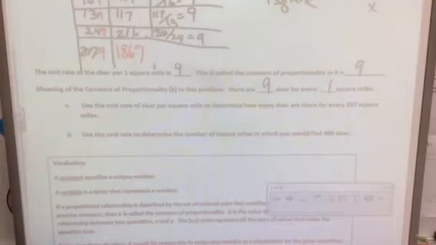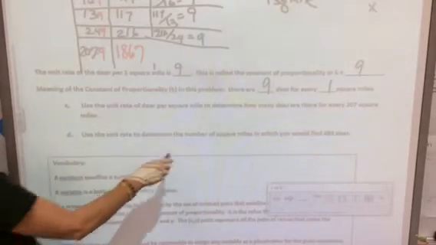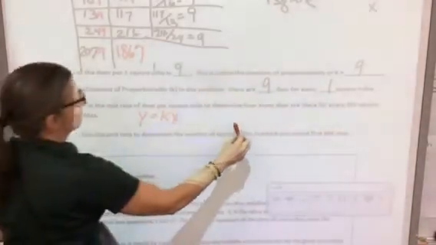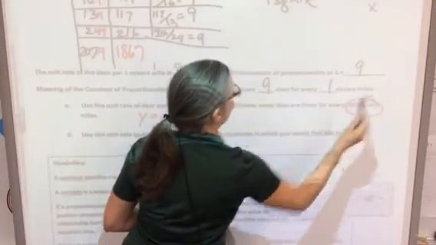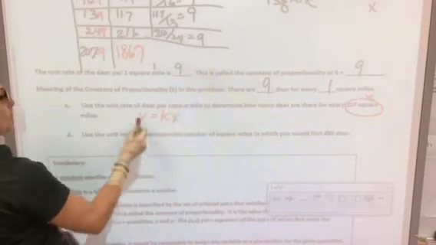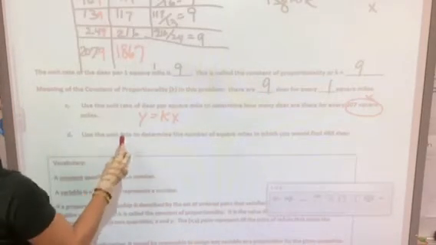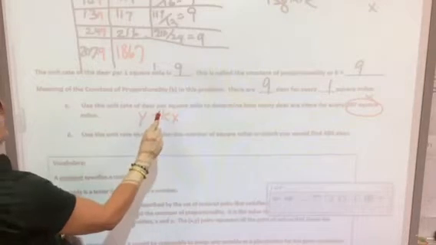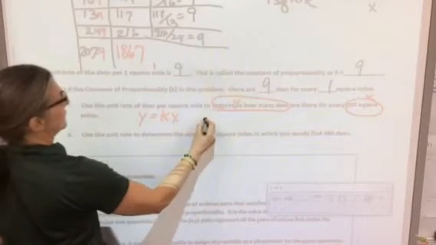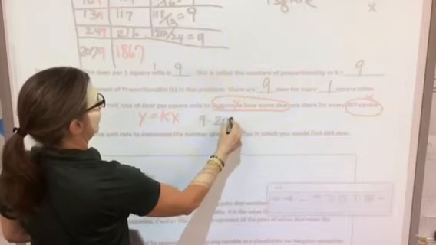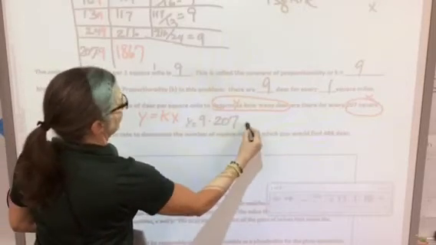1,867 deer. Okay, so again, we know that y is equal to kx, and we knew that our x was 207. So the 207 square miles is our x. We know k is 9, so we can find y, which would be the number of deer. To determine how many deer, that's going to be our y. So if I take 9 times 207, that will give me my y, and that's going to be